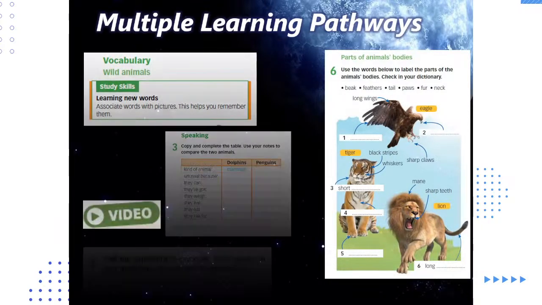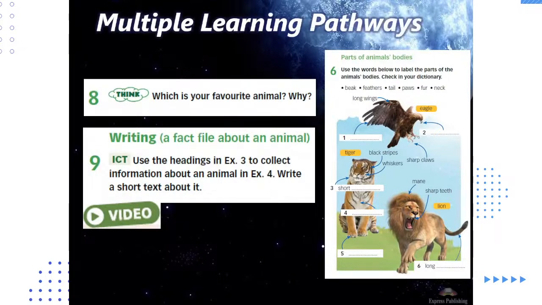At the same time, however, we've also included some more modern approaches, some critical thinking tasks or personalization tasks, getting students to think about or express what their favorite animal is and why. So connecting the new learning to more personalized tasks, and also including ICT research as well, getting students to do some further reading, do some research into animals, writing a short text about it, maybe presenting it back to the